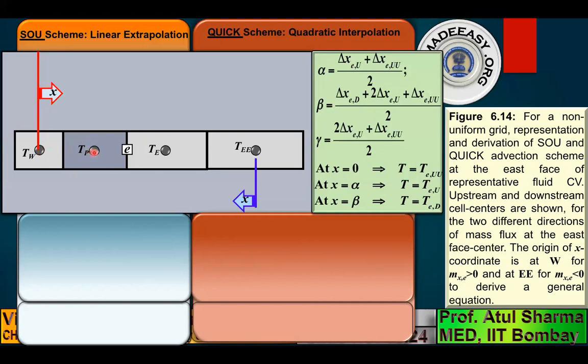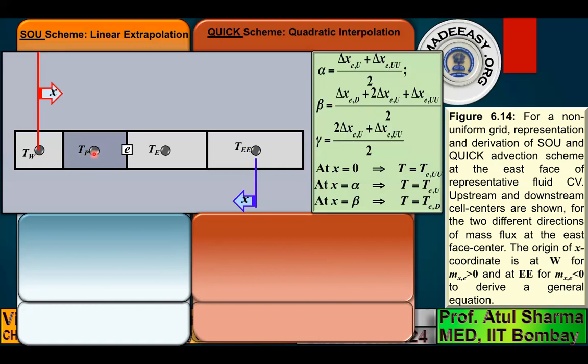Here in a uniform grid, this distance, which was delta xw, is equal to the width of the control volume, the uniform width of the control volume. What I'm saying is that in the second order upwind scheme, we will involve two locations of x: this location, x equals 0, and this location, which in a uniform grid had a value of delta x.